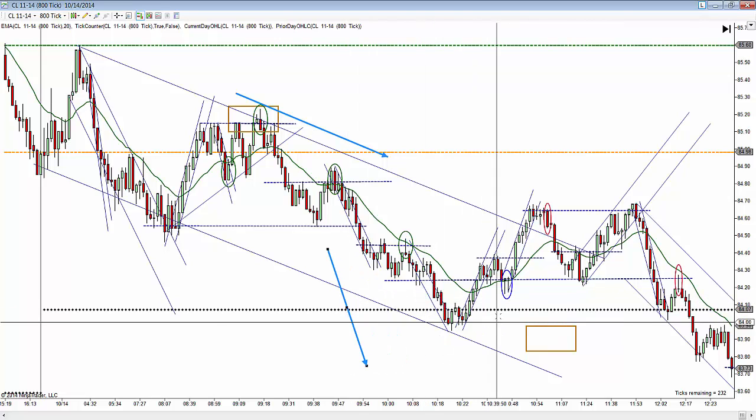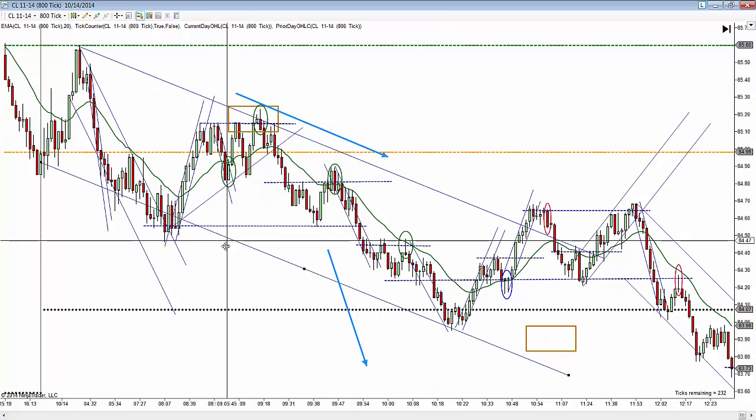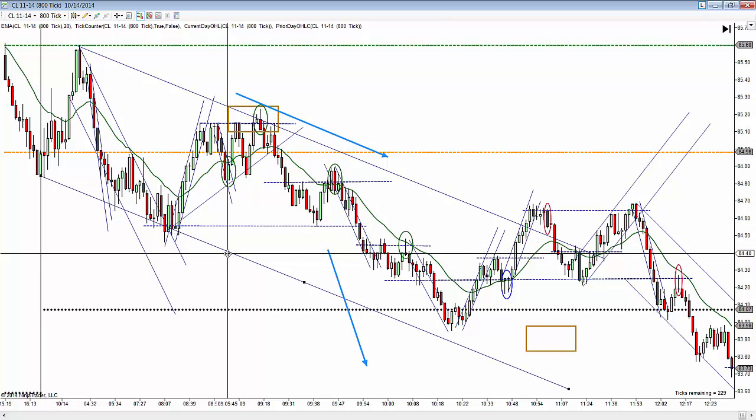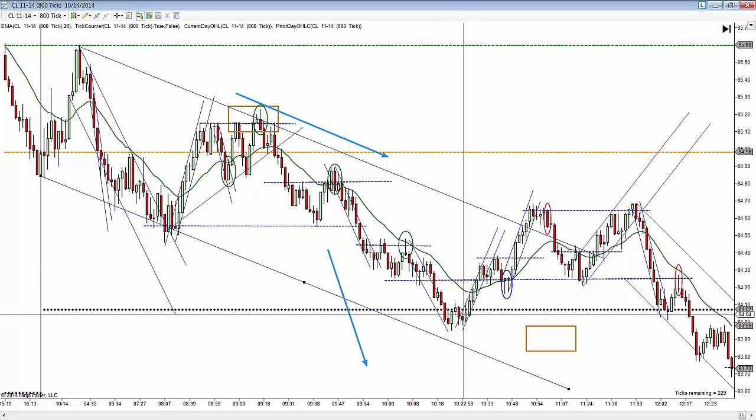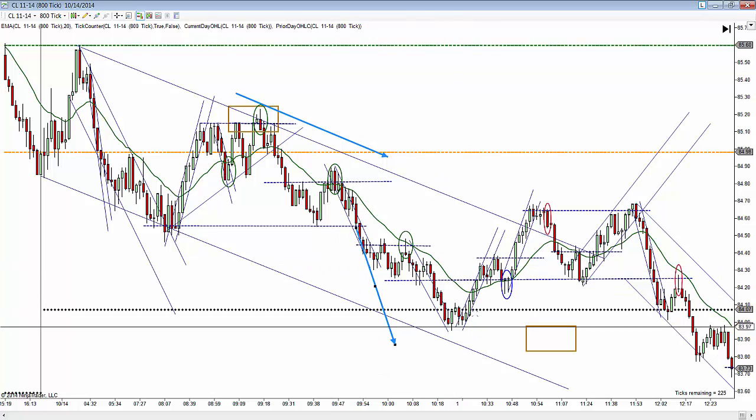Now, I didn't take this as a trade, but you have this capitulation down here. It's the bottom of this channel. Now you got this channel down here. I pull it down to here. It didn't quite make it. So that's why I was a little bit reluctant to look at this one. But you can see there's capitulation down here.